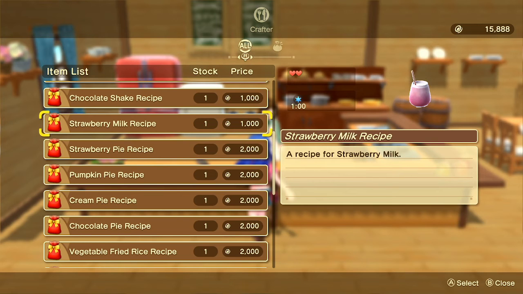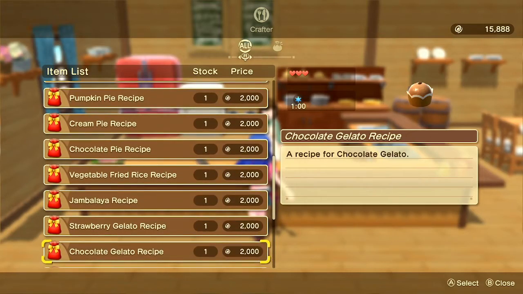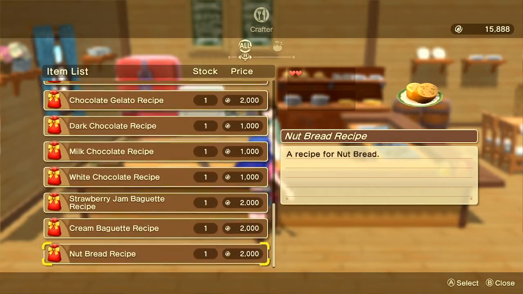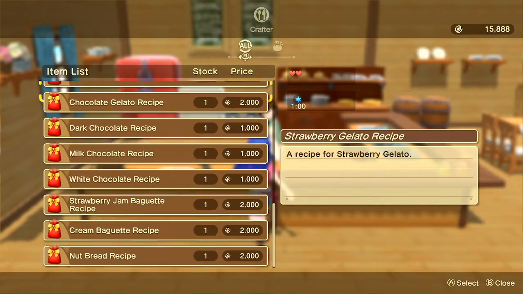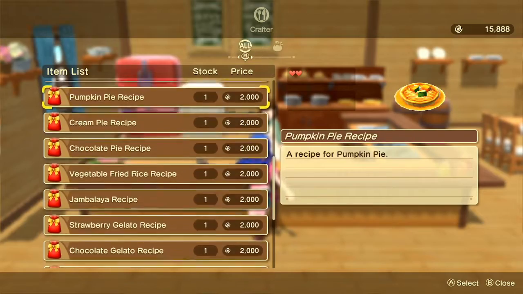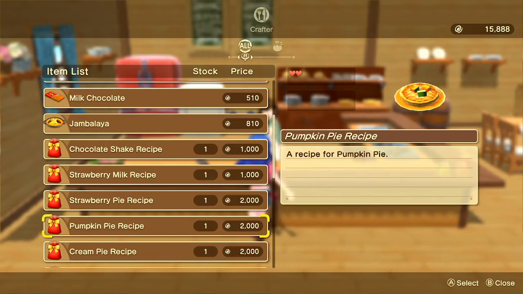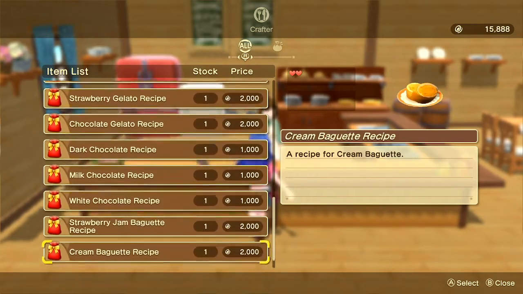So here I did buy the strawberry jam. It is one of the Harvest Goddess's favorite items. I have not figured out how to hand it to her. If you guys have, please comment below and let me know how to give the Harvest Goddess the strawberry jam that I made her. So, plenty of options even here, and there will be more that unlock